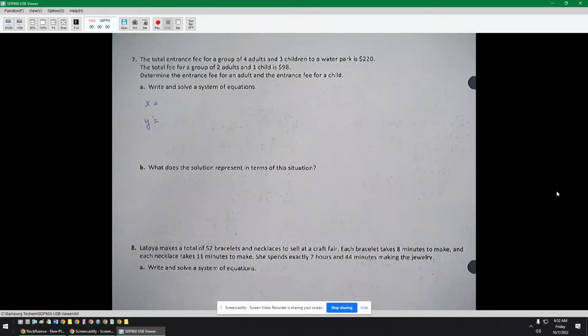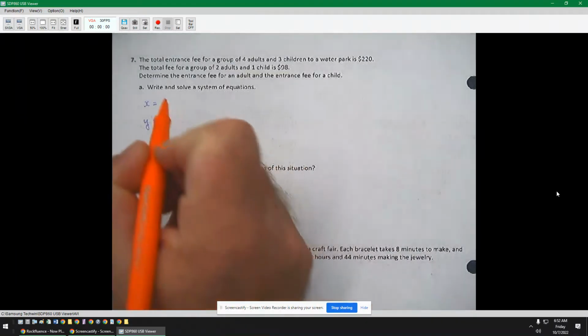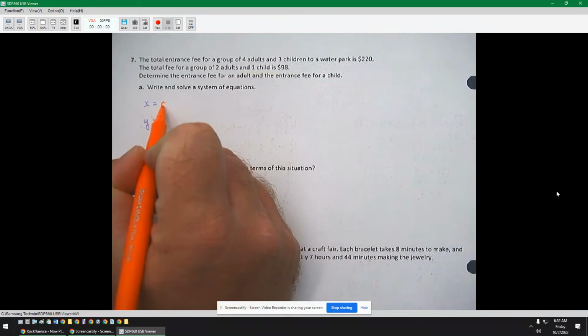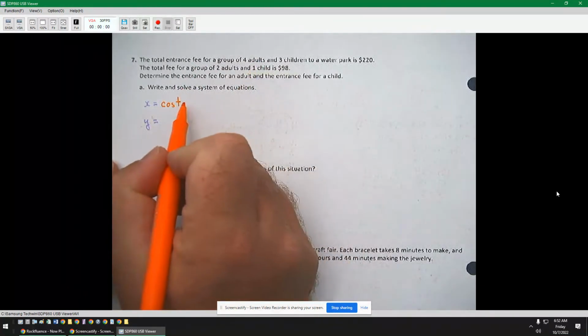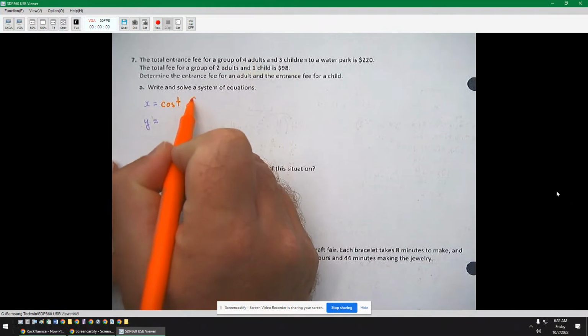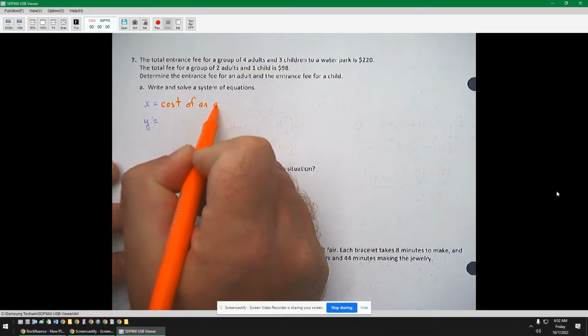So we have an entrance fee for a group of 4 adults and 3 children for a water park, that's $220. The total fee for the group of 2 adults and 1 child is $98. Determine the entrance fee for an adult and the entrance fee for a child. Okay, so those two things we don't know is the entrance fee for an adult and the cost of a child. It looks like they do adult before they do child, so I'm going to do x as the cost of an adult,